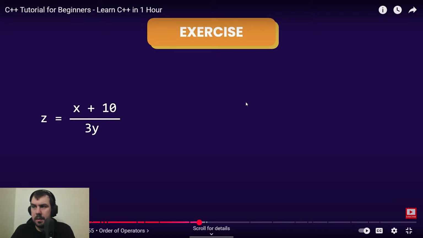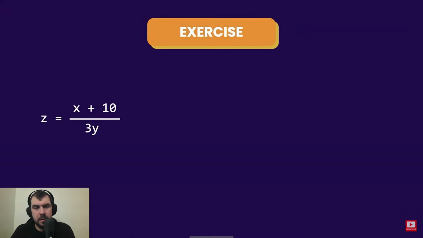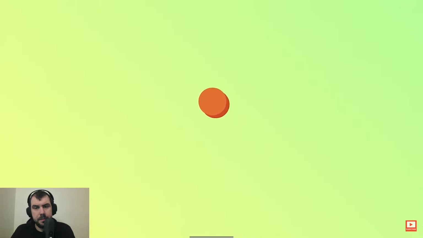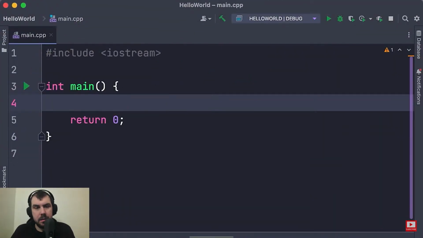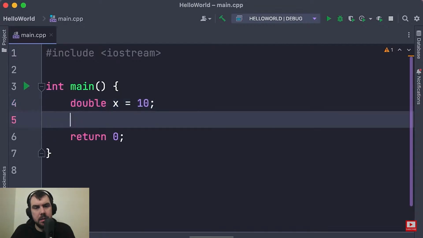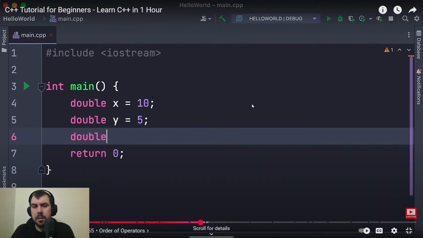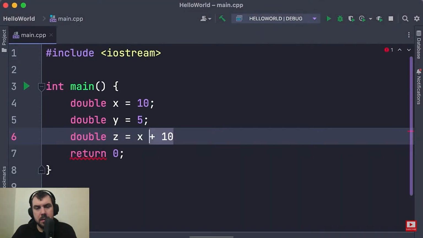So pause the video and work on this for a couple of minutes, then come back to see my solution. Alright, here's the solution. I'm going to declare x and set it to 10. Then y, we set it to 5. And for z, first we have to add 10 to x, but we have to wrap this in parentheses because